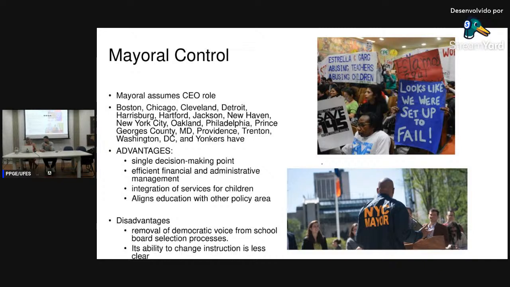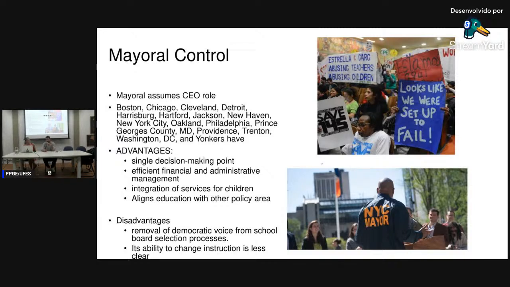As desvantagens disso seria remover, né, a voz democrática ali do conselho distrital, né, principalmente do processo de seleção, its ability to change instruction. Or just to change anything is unclear. E seria mais difícil de mudar alguma coisa, né, que fazer alguma mudança, né, que se queira com essa alteração